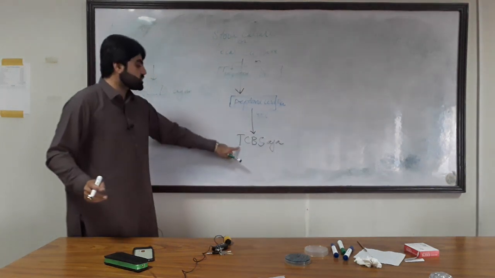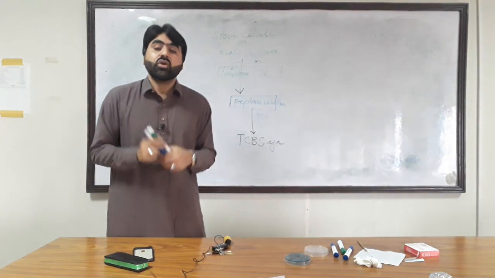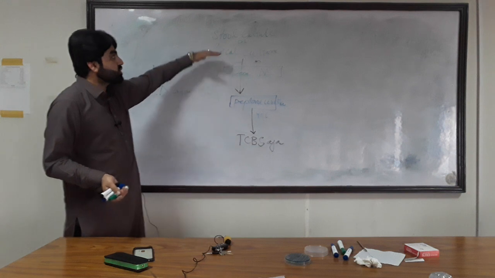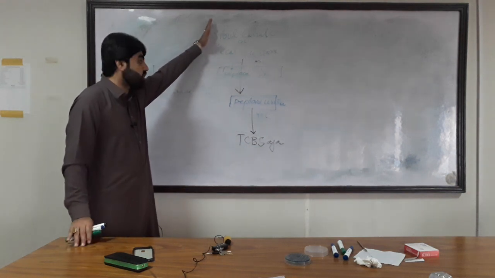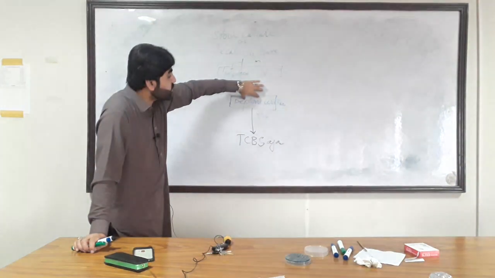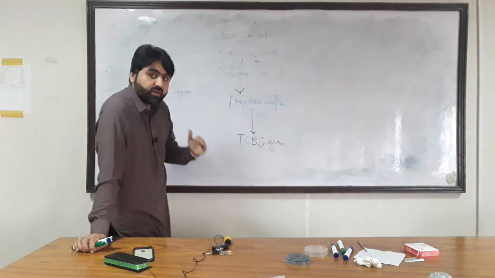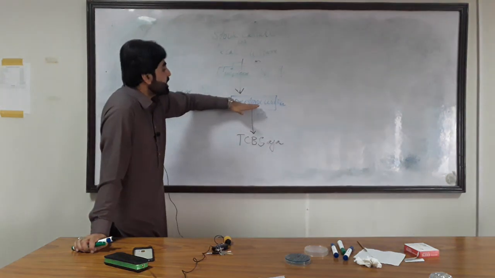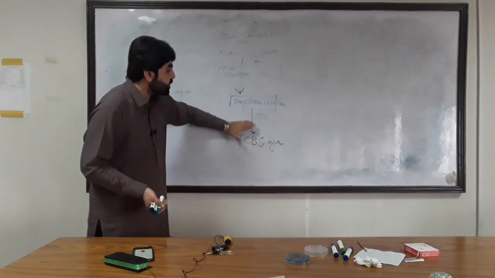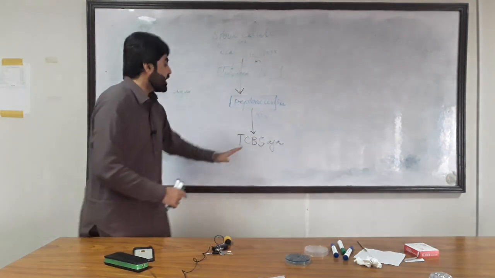TCBS agar is a thiosulfate citrate bile salt sucrose agar, which is a selective medium used for the isolation of Vibrio cholera. So if you also want to process stool specimen for the isolation of Vibrio cholera, then you will have to inoculate stool specimen into the peptone water, because the pH of the peptone water is very high, is alkaline, and Vibrio cholera prefer to survive on alkaline pH. So in this peptone water, Vibrio cholera grow and increase its number. After that, you can do subculture from peptone water on the surface of the TCBS agar. So this is recommended for Vibrio cholera.